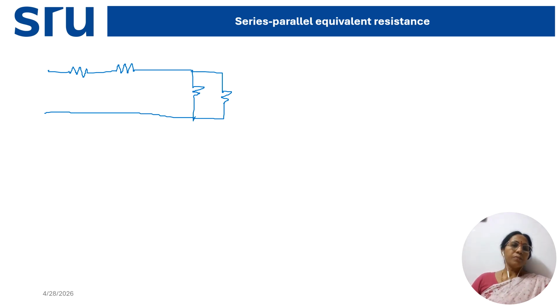Let us take only R equivalent. We will find first R equivalent. So, with respect to this, what is the R equivalent? The values here: 3 ohm resistance, 2 ohm resistance, 10 ohm resistance, 10